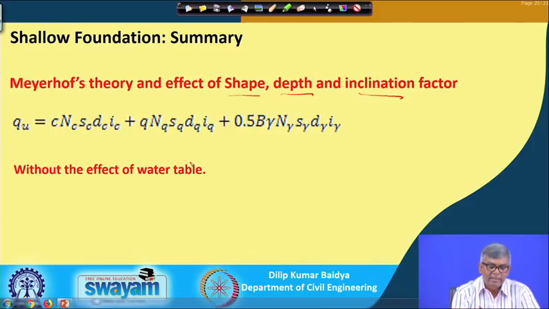So, it will be modified. Again, if there is a cohesionless soil, the C part will be 0. If it is a cohesive soil, then the other part will be 0. So, this equation can similarly be modified for the situation, and because of the shape, depth and inclination, we can introduce different parameters, which I have given. The way we applied the effect of water table in Terzaghi's bearing capacity theory, all the effects can similarly be applied here wherever applicable. I am not going into details, it will be similar. I hope that will be okay for you. I will not repeat that part.